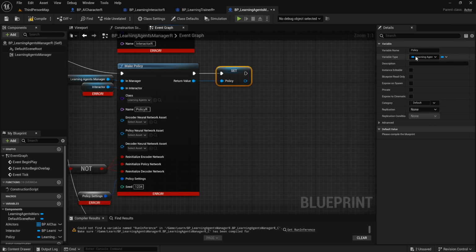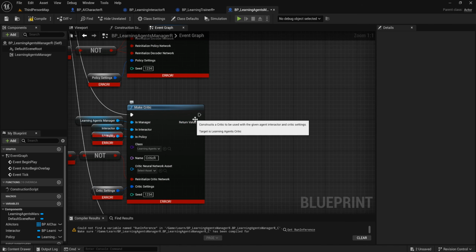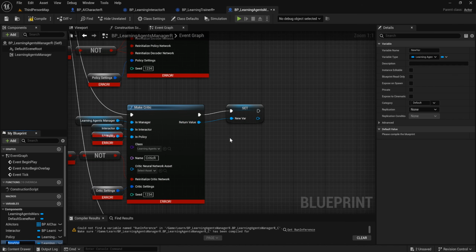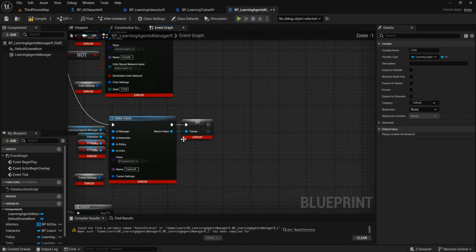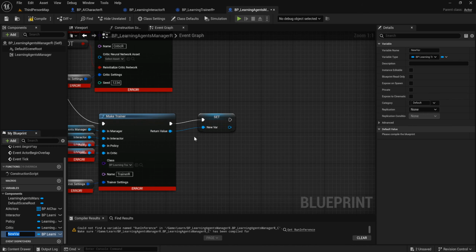We delete because when we promote, it has the correct type. This is learning agent policy. And delete critic, promote to variable is critic. Delete trainer, promote to variable trainer,